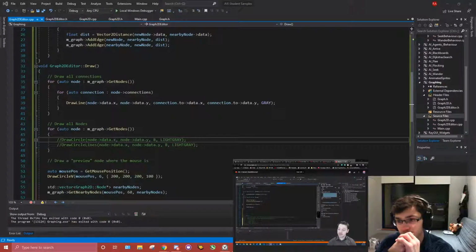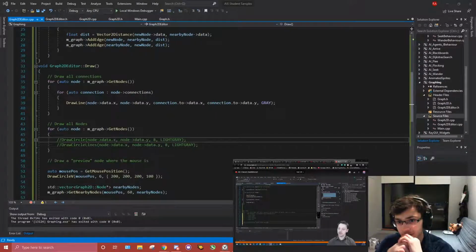If you're feeling adventurous on this, you might also add the node outline. So node color, node radius, node outline. You might even want to stretch for